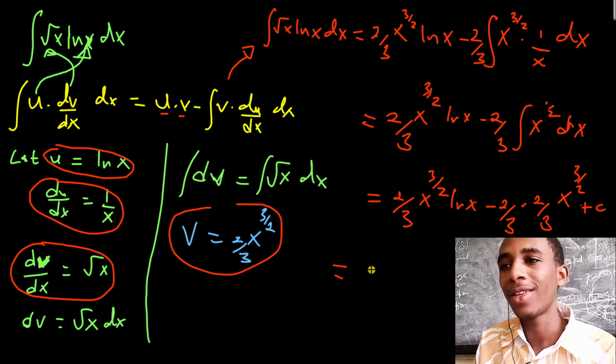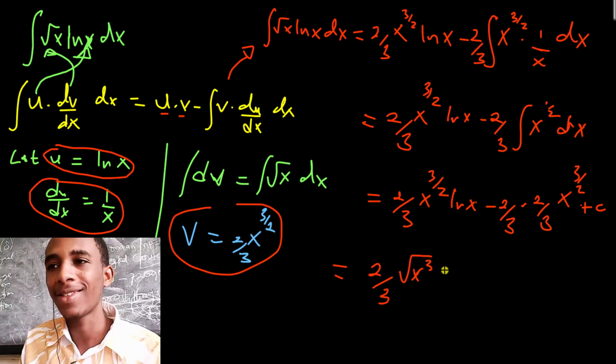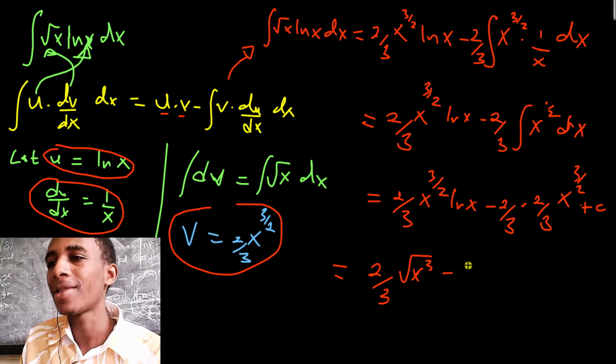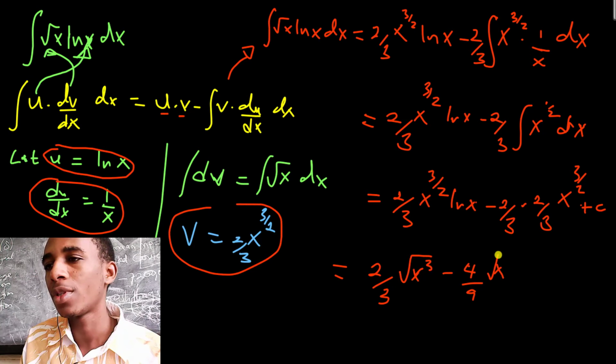I could just write this as 2/3 the square root of x cubed, same meaning, minus, what's that going to be? That's 4 over 9 x to the power 3 over 2, which I could also write that way, plus